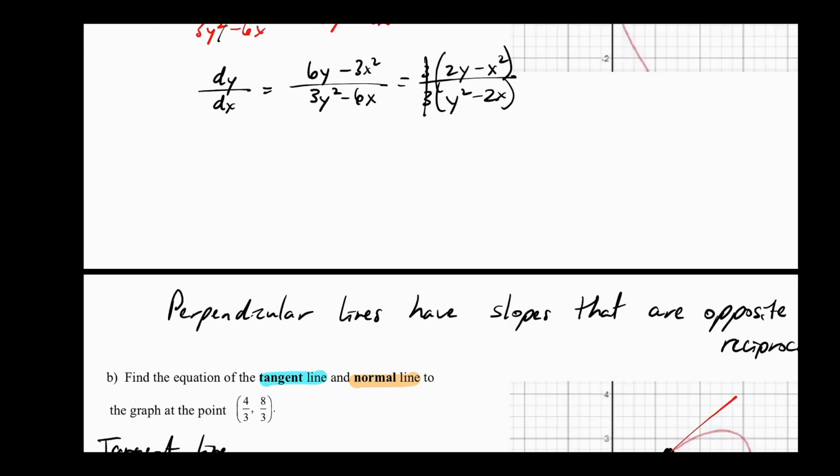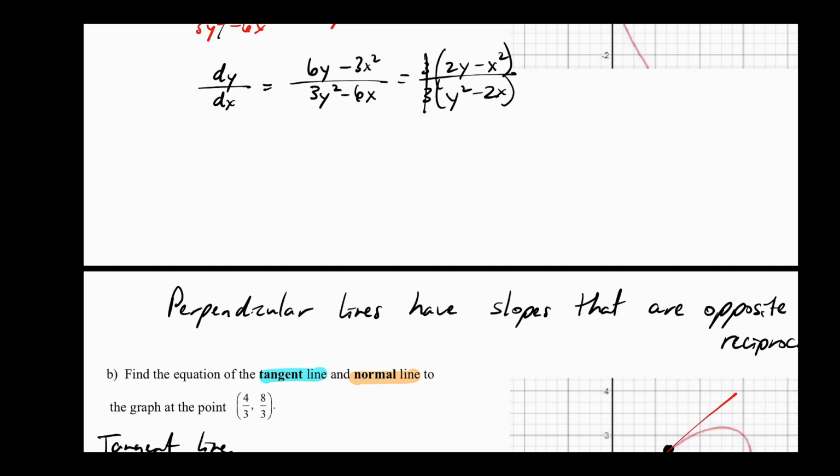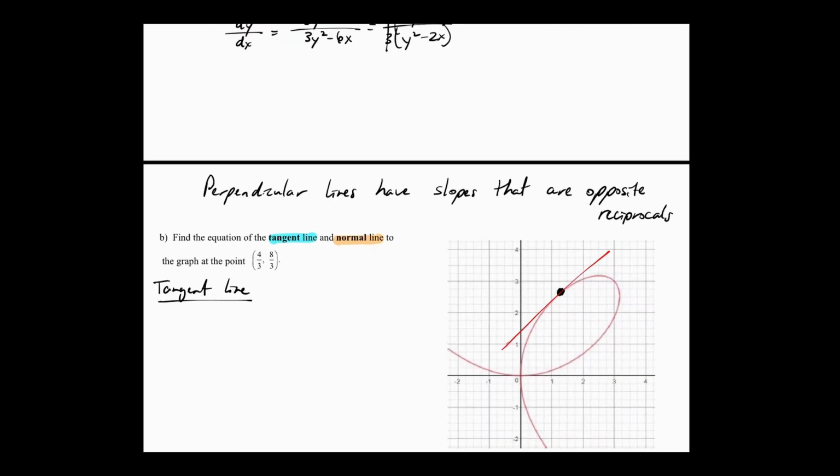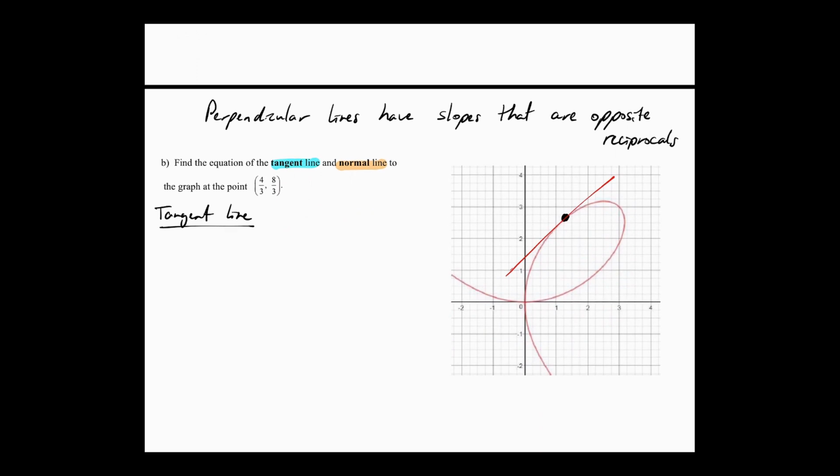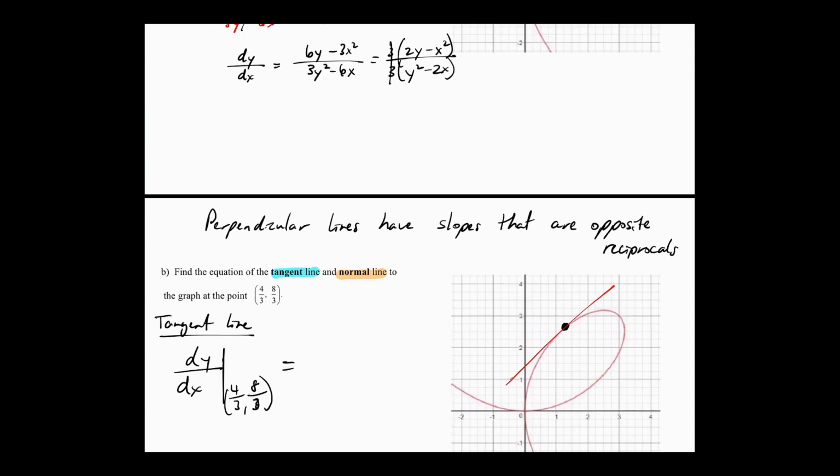Okay, so we got to find the slope of that line. We're going to use our derivative. Our derivative is right here. So our derivative was... x, 4/3, 8/3. So everywhere I see an x, I'm going to plug in a 4/3. Everywhere I see a y, I'm going to plug in an 8/3. Okay, so really doesn't matter. I'll use the 6y. So 6 times 8/3